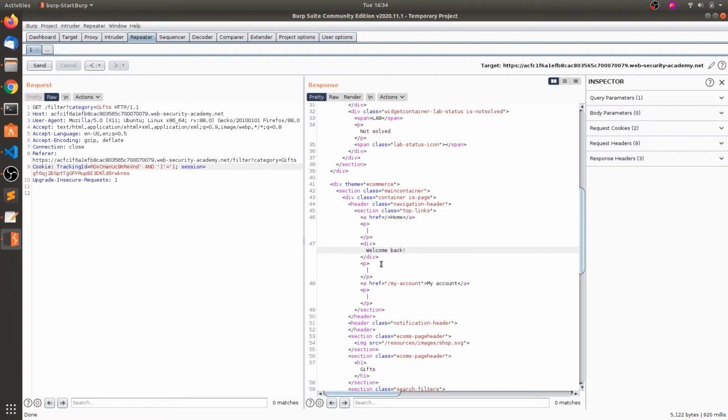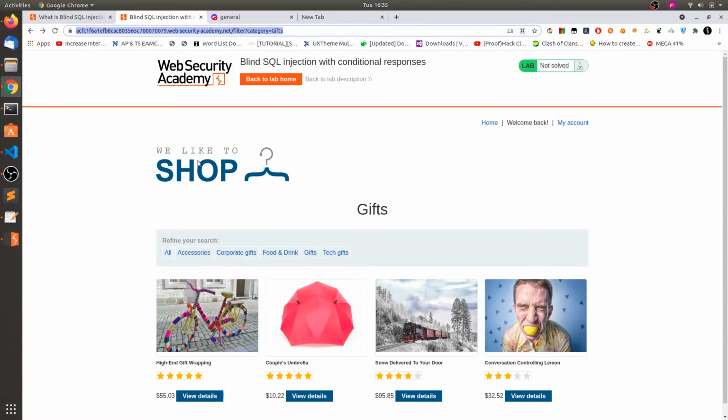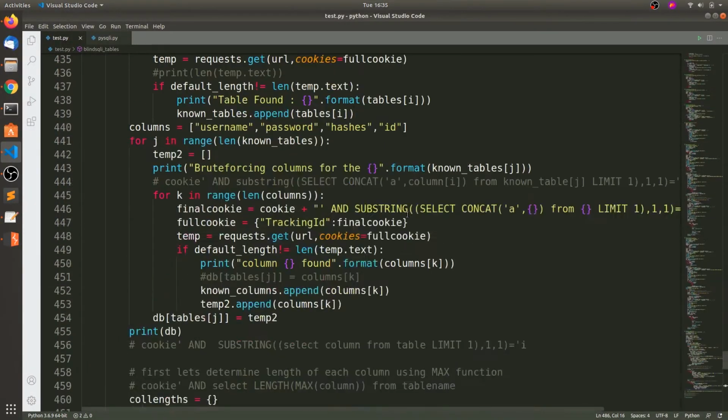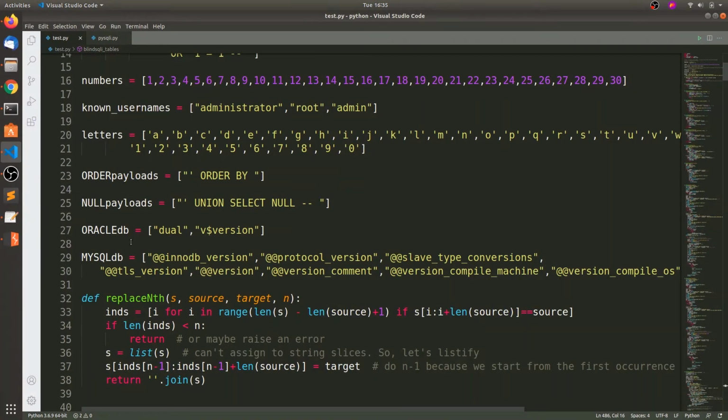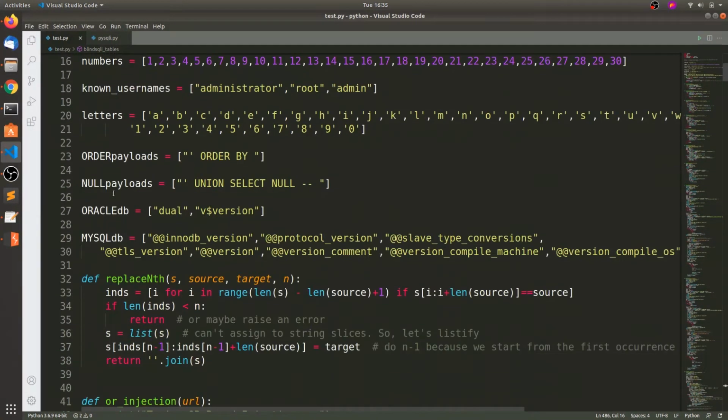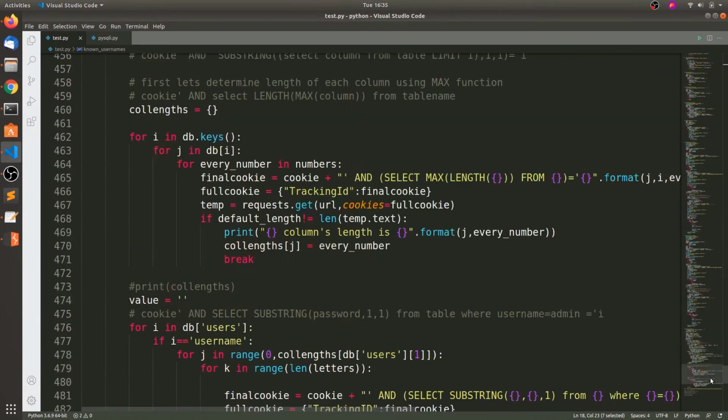So okay, now what we are going to do is we are going to brute force some directories, some tables. So here in this lab, they have already told us that there is a users table and a username column and the password column. But in real life, you need to guess some or take a word list from the GitHub. So I have made some random table names, known usernames.